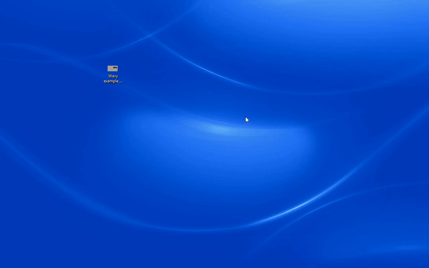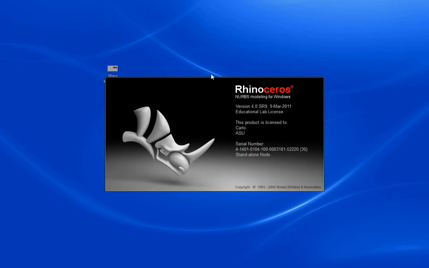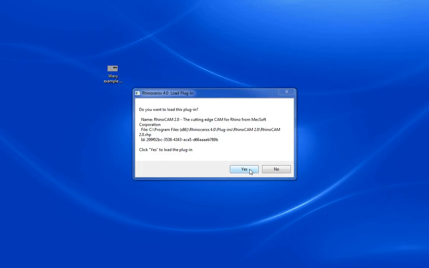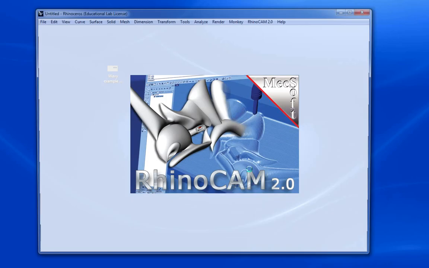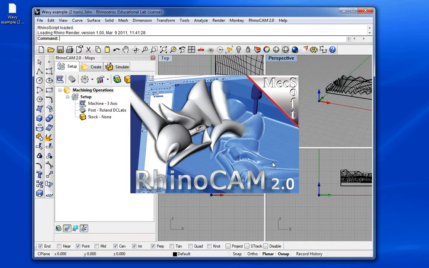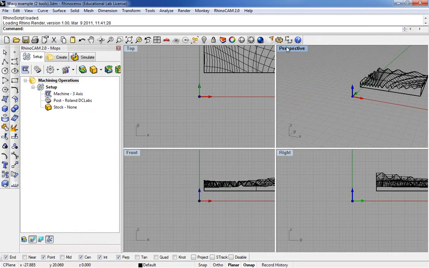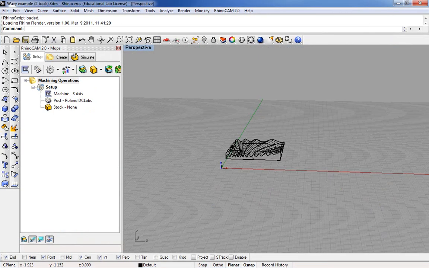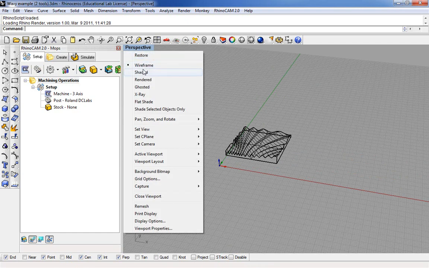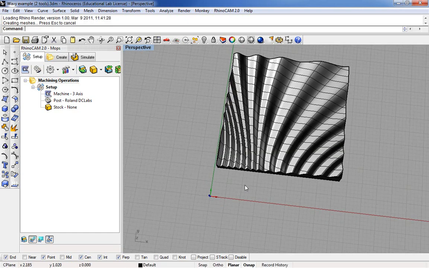Hi. In this video we're going to take a look at an example file that we want to cut. So I'm just opening up RhinoCAM right now, and I have this object that I've already prepared, which is a kind of a